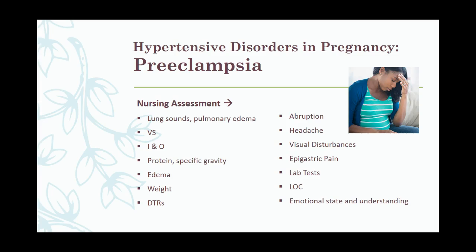Why do we want weight? Well, for the same reason that we want weight on people who have cardiovascular issues or are at risk for congestive heart failure. Weight indicates retention of fluid. If we retain too much fluid, we can send people into overload. So we want to keep a really close eye on their weight. Deep tendon reflexes are something that we want to check because remember what one of those complications of the central nervous system is: